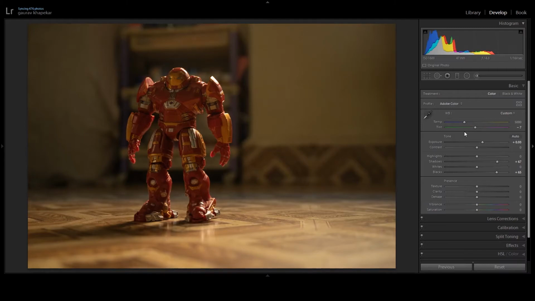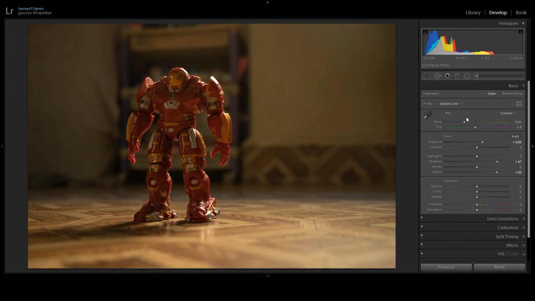And one of the best methods if you are shooting RAW is that you can always do it in post as well. To finish this topic today, we are going to quickly edit this picture with a different color balance and also a bit of split toning, so that gives a different color grading to your photo.